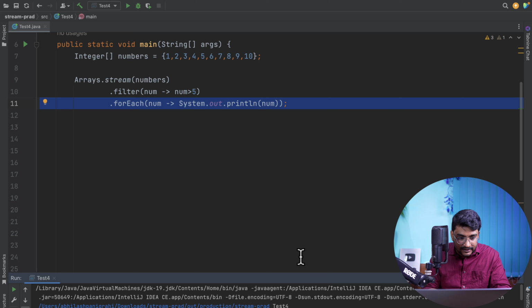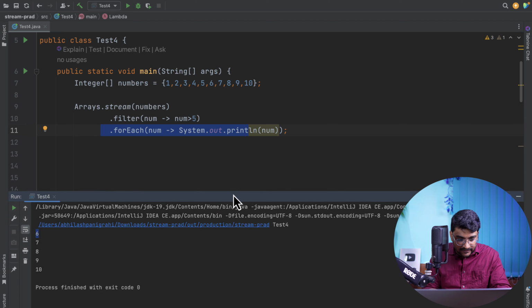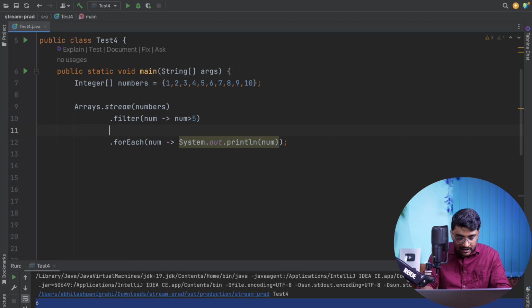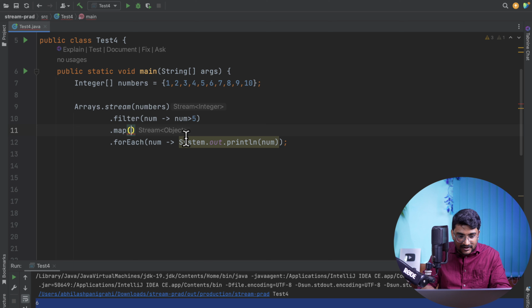So what I want, I'm basically applying the filter and printing everything over here. So this is what we're getting in the output. So right now, after the filtration has been done, I'm going to use a map. Okay. And map will take a function. Okay. It's another